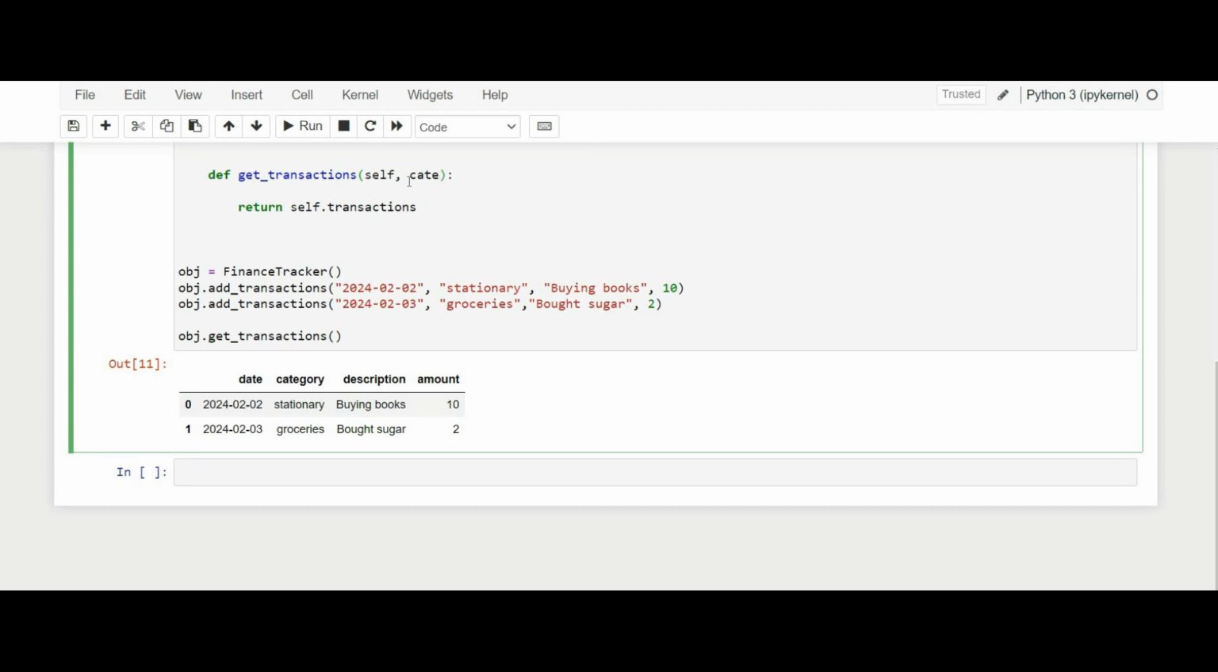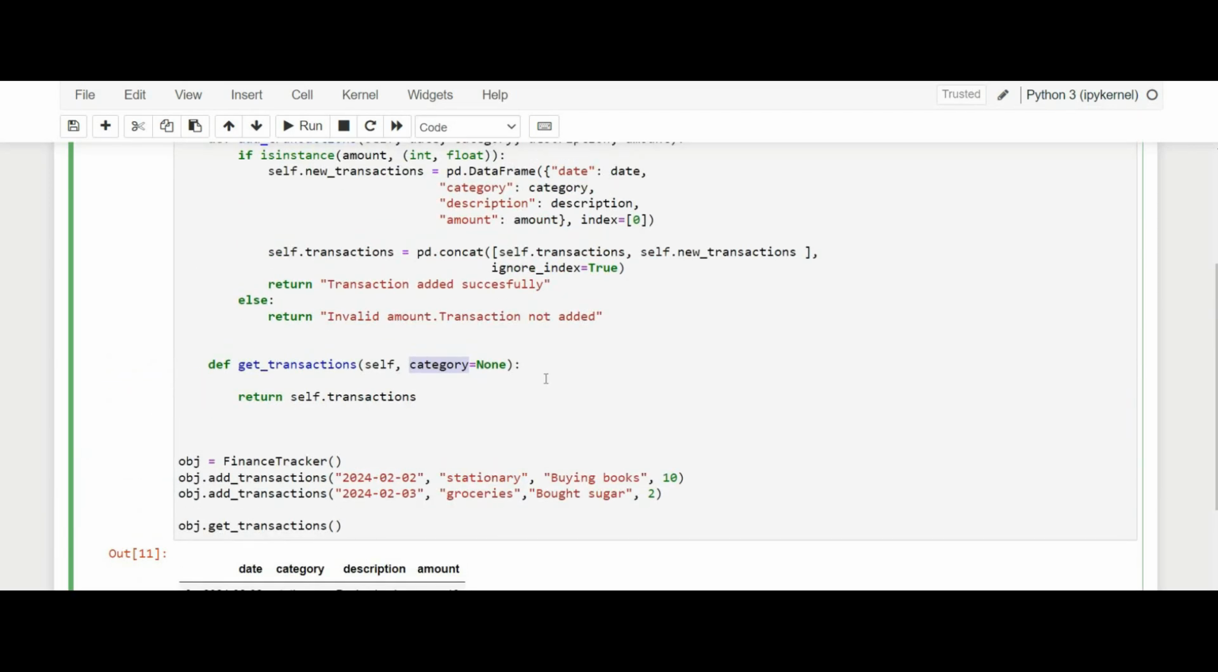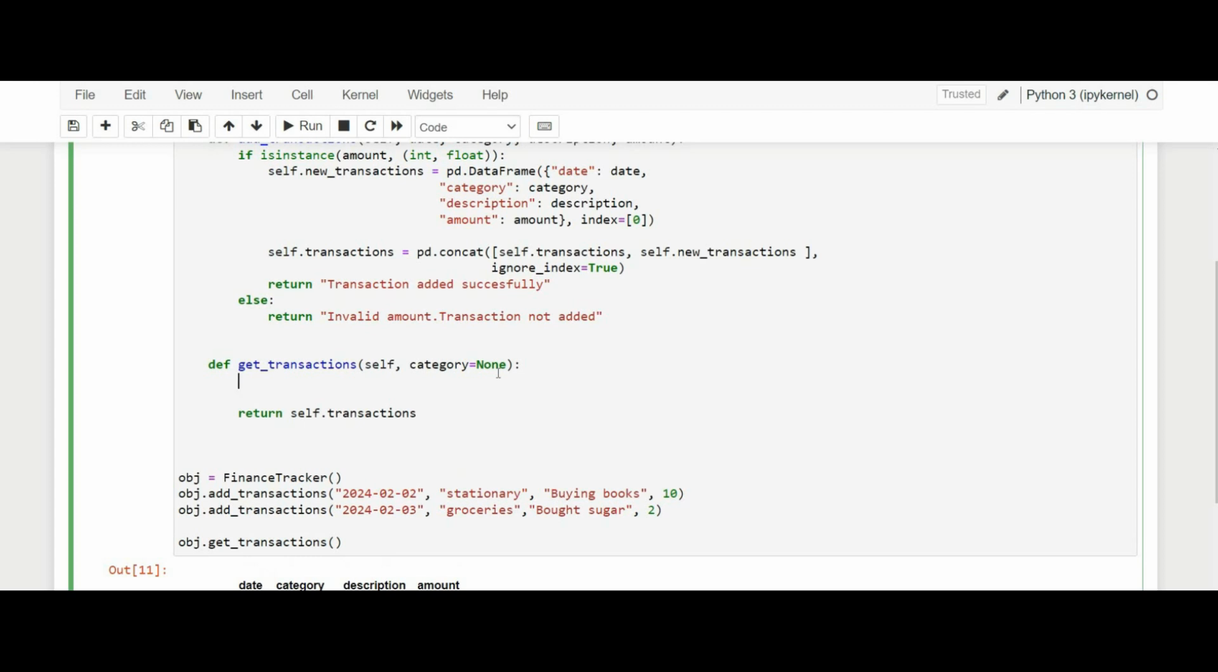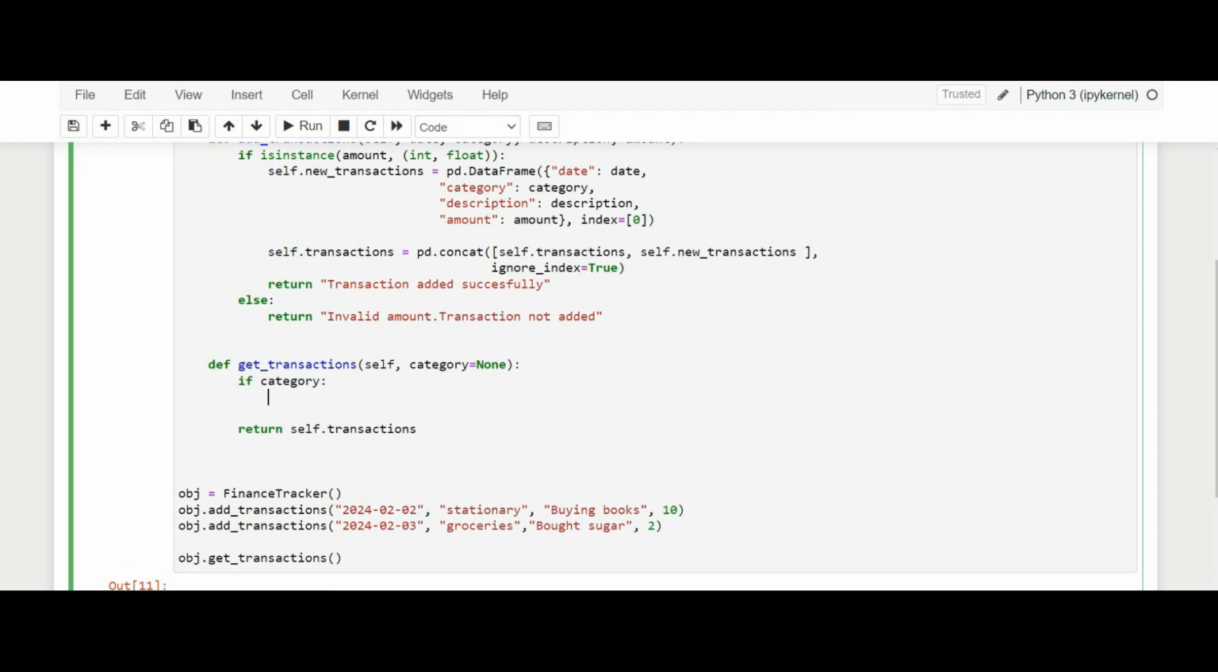Okay, so let's pass a parameter here. Let's just call this category, and we'll pass it a default value of none. So if we don't pass any value to this category parameter, then our get transactions method will return the whole table of transactions, the whole data frame. So now let's add a conditional statement here that we're going to use to filter our data frame. We'll say if category, if we pass a value for category, we want our method to return